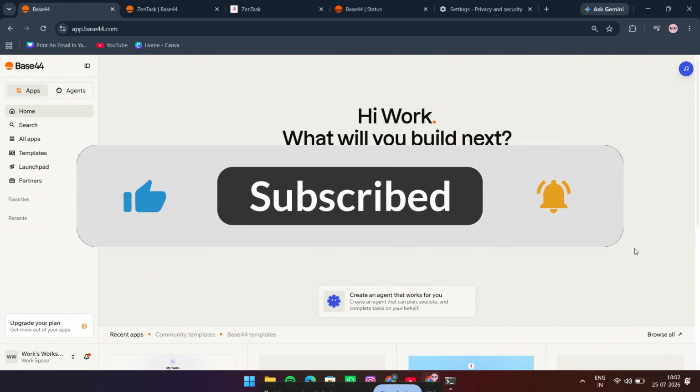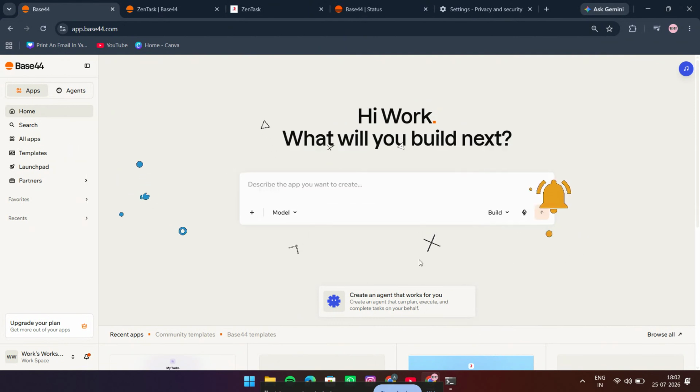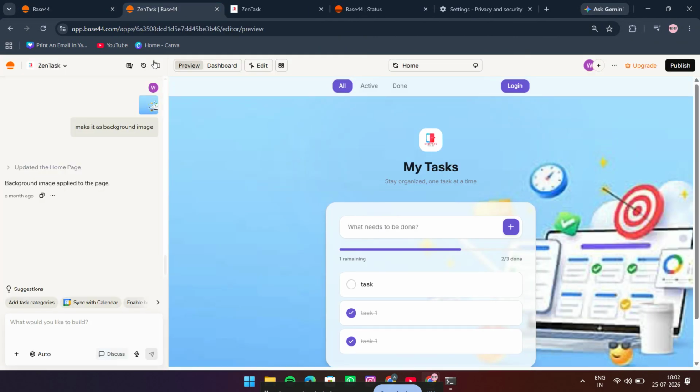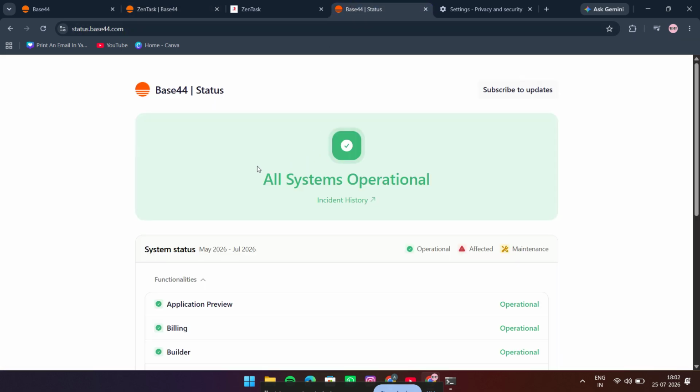First, pause your activity for 30 to 60 seconds. If you've hit a heavier usage cap, give it a few minutes before trying again. Rate limit errors often happen when too many requests are made too quickly, so a short wait is usually the first and easiest fix. After that, open the official Base44 status page and check whether there's a platform-wide outage or